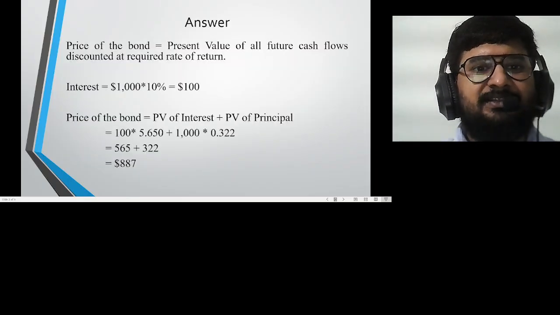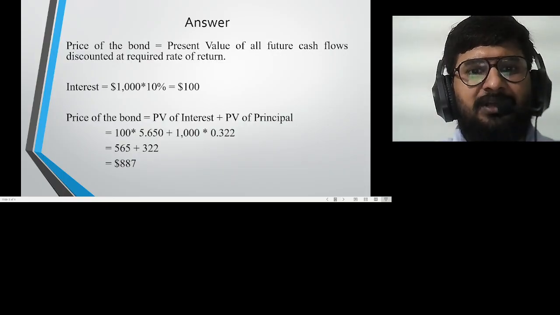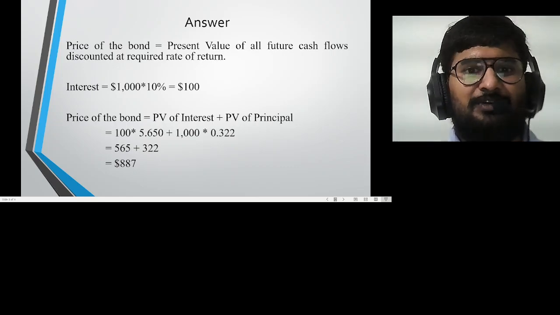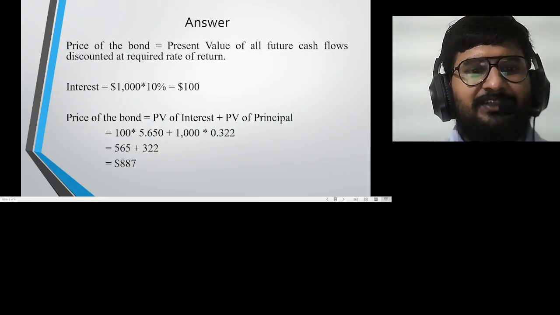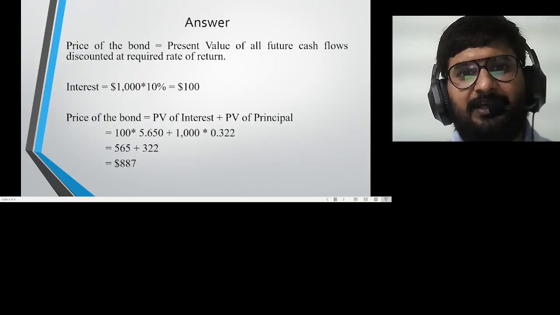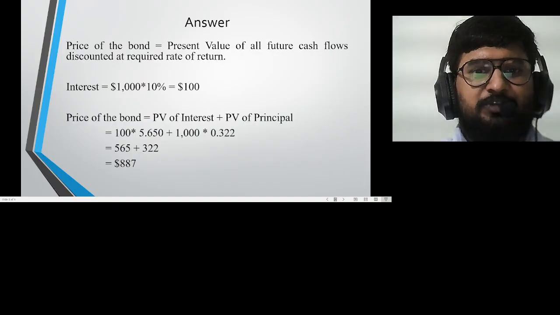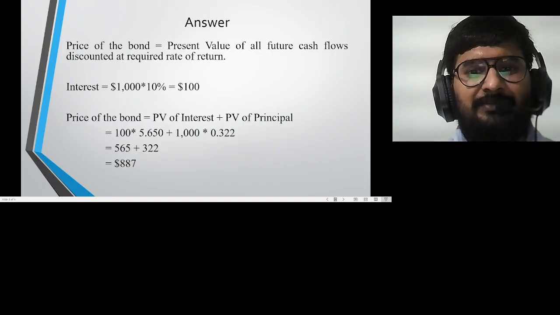So see the answer. Price of the bond equals the present value of all future cash flows discounted at the required rate of return. Two cash flows. So first interest: multiply the face value or par value $1,000 with the coupon rate 10%, you get $100 every year for a period of 10 years. So price of the bond will be PV of interest, that is present value of interest, plus present value of